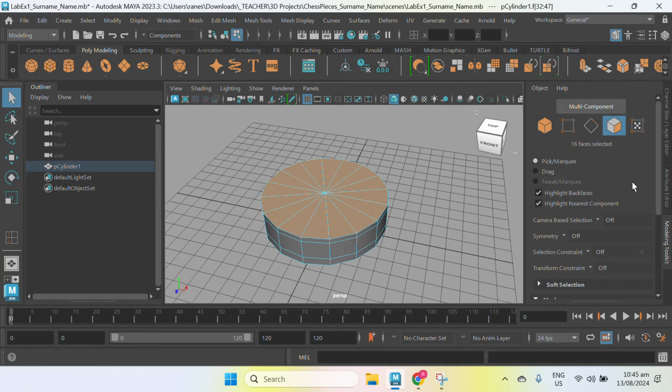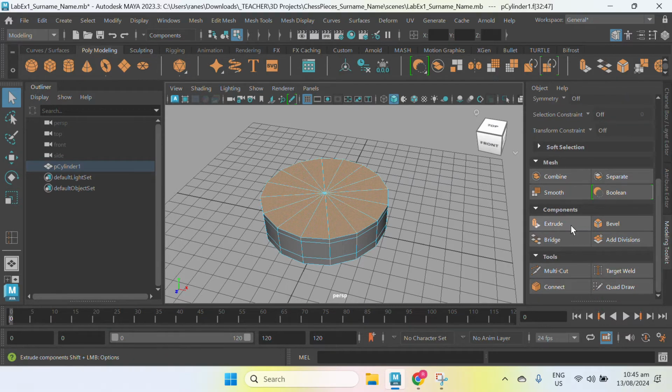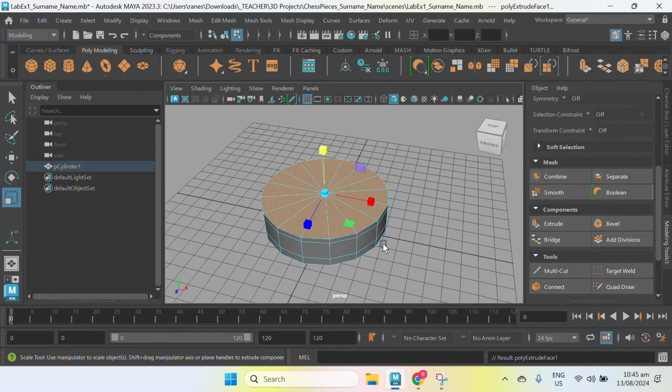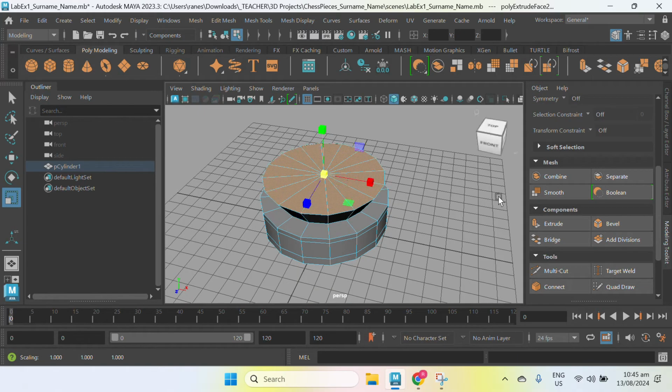Now I'm going to use the extrude here in modeling toolkit. Scroll down. I'm going to click extrude and then R, rescale, click and drag to the left. Next, another extrusion, W, arrowhead upward, rescale, click and drag to the right.